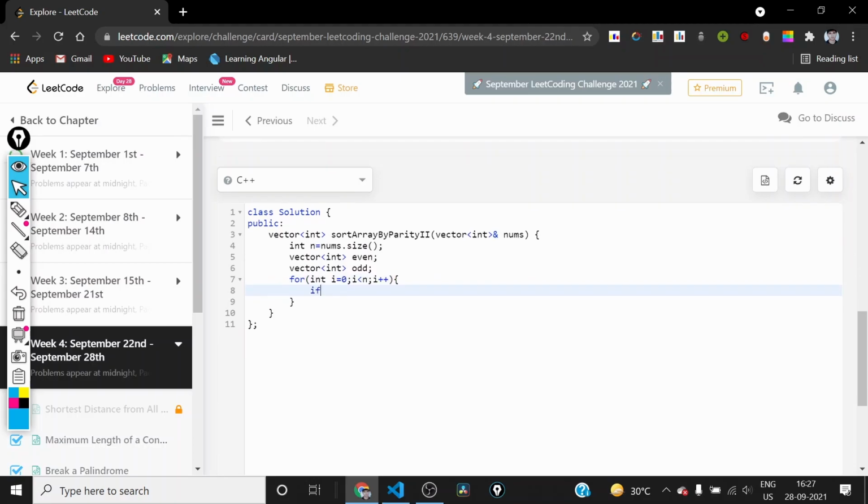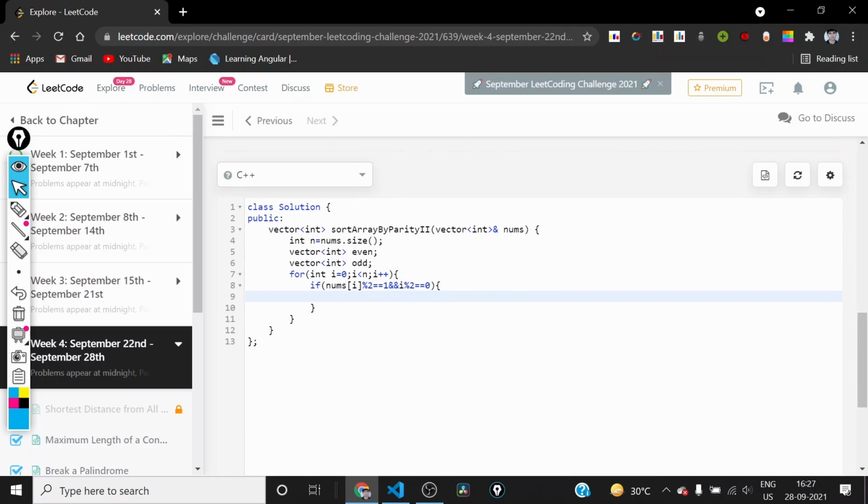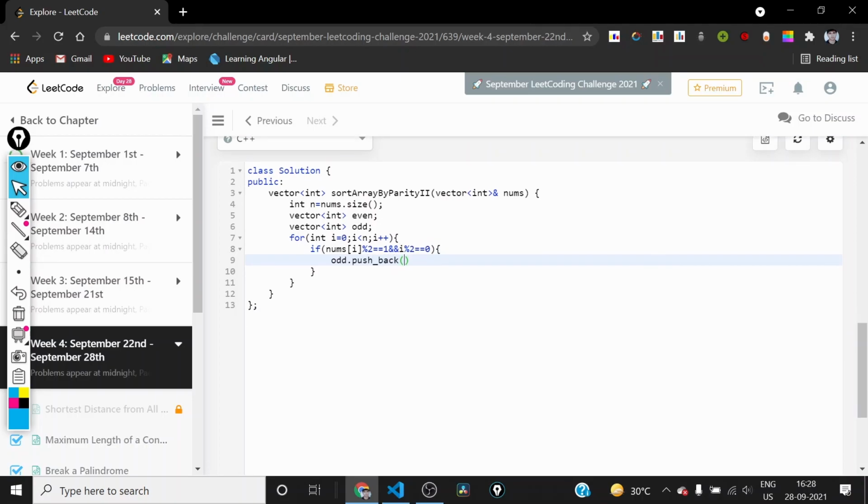So if nums of I mod 2 is equal to 1, that means that the number is odd but the I is even, then this index I should go inside the odd vector, right? Because it means that this odd number is present at the even index.